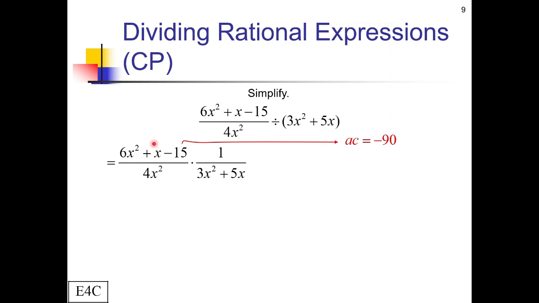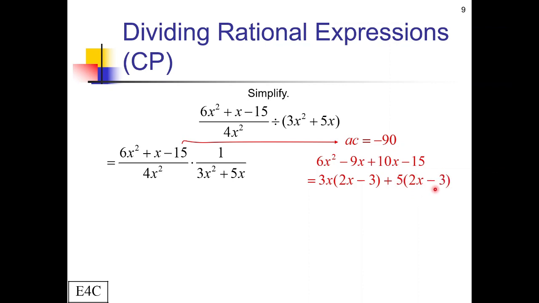So just to review, we're going to split this middle x up into the numbers that we just said with x's on them. So this is going to become a negative 9x plus 10x in the middle. And now we're going to factor this by grouping, by taking a common factor out of the first two and the last two terms. For the first two terms, I can factor out a 3x. That leaves me with 2x minus 3. And for my last two terms, I can take a 5 out of that. That leaves me with